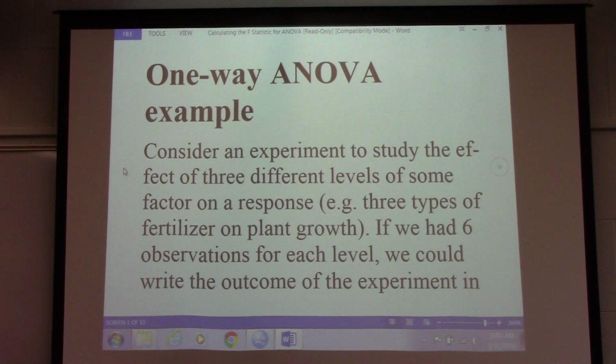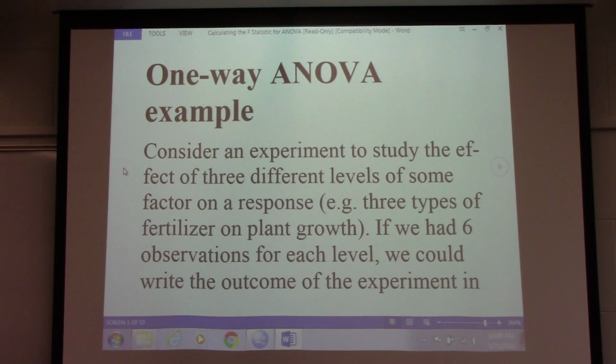If I ran 10 tests, I'm going to be wrong on average, half the time roughly, because I'm making an error 5% of the time on each of those tests individually. So what we do about that is we say, when we're comparing the means of more than 2 groups, we want to make sure that our total error over all of our comparisons is only 0.05,